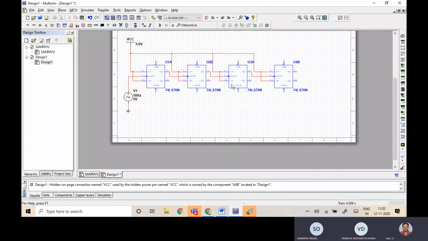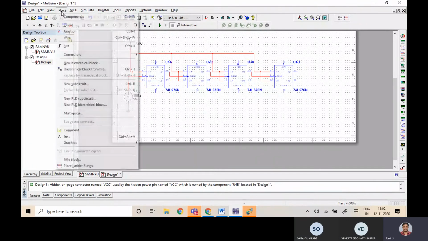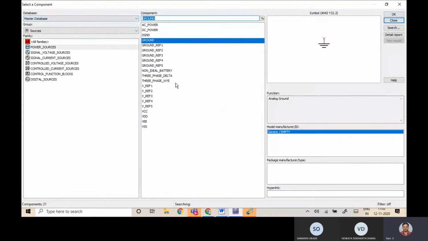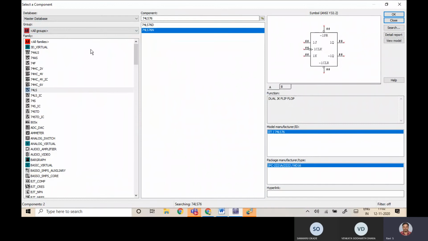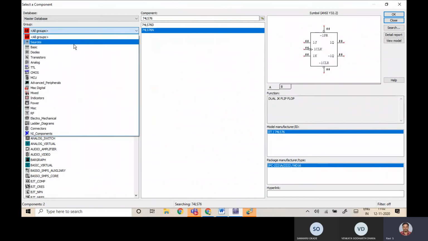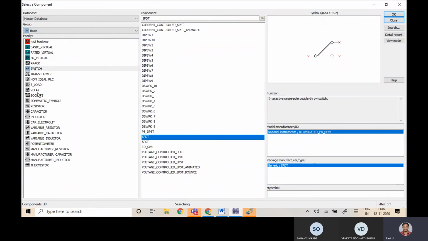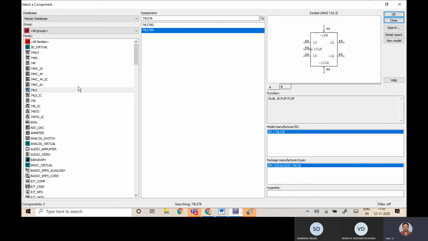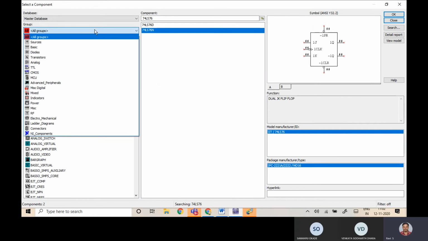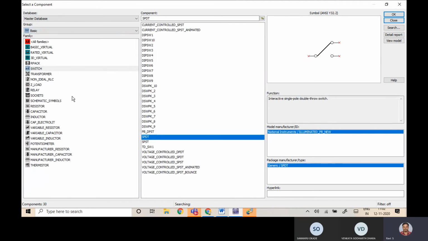Okay, so now I need to verify the display, right? What are Q3, Q2, Q1, Q0? For that I have to connect the display. So let me go to place component. Again I'll go to the switch section, basic, switch, where is switch? Yes, sorry, indicators. For a display, indicators are required.